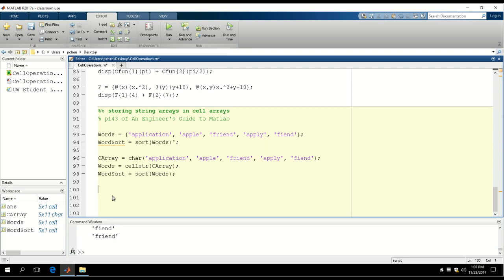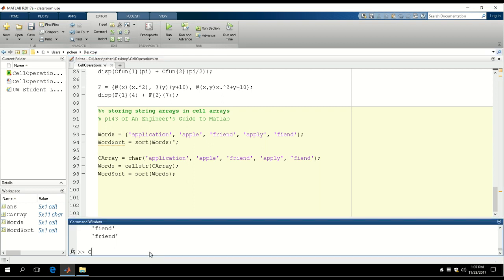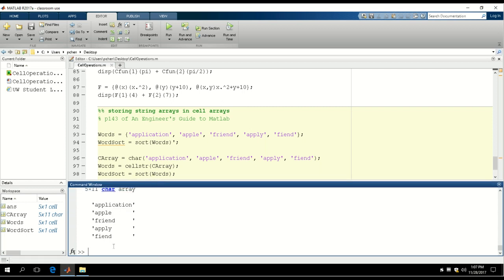So if you do have to actually sort a char matrix instead of a cell array of strings, right? In some applications you may have to actually sort a char array, right? So how can you actually do that, right? So the char array is like that, right? And then we have another function that's called sortrows. So if you do sortrows and then give it a char array,